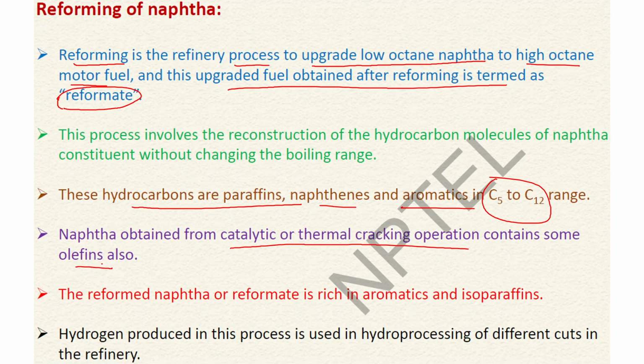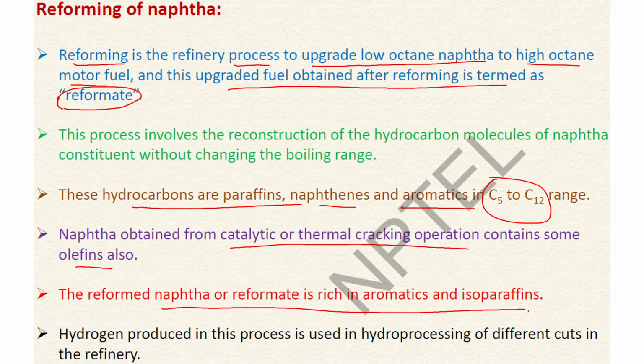The reformed naphtha, or reformate, is rich in aromatics and isoparaffins. As I told, we convert it to high octane motor fuel. So for a high octane number, the main components required are the aromatics and isoparaffins. So if n-paraffins are present in the naphtha, they need to be converted to aromatics and isoparaffins for its